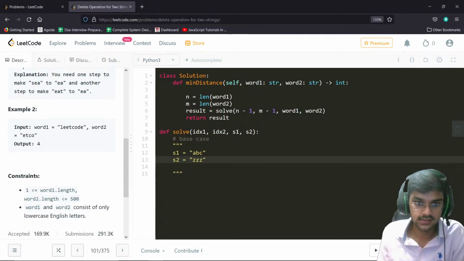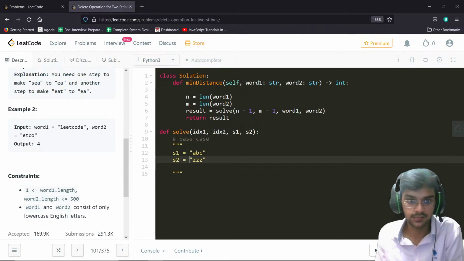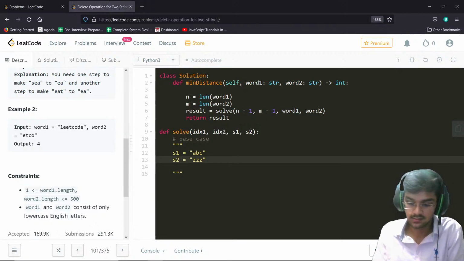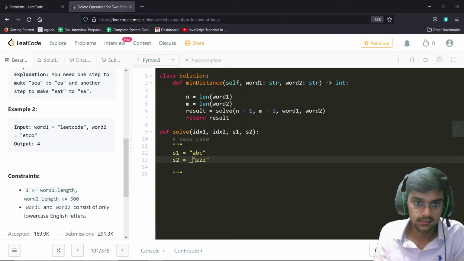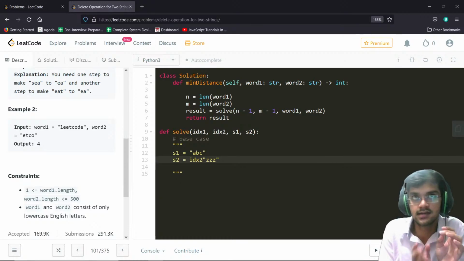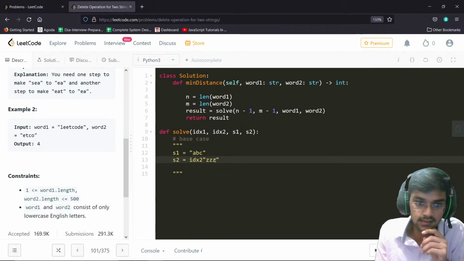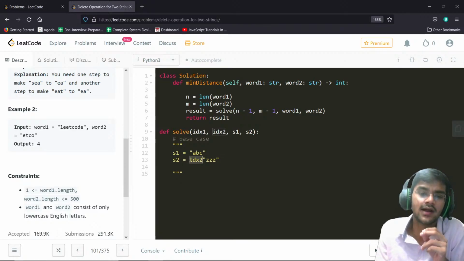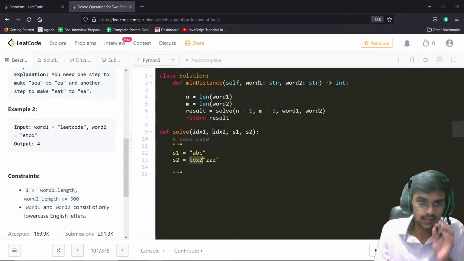I know, let's say my jth index comes up here, right? My jth index comes up here, right? It's at this point. My jth index or my idx2 comes up here, which means it's at 0 or it's less than 0, right? This is the second index, first index, 0th index, and this is minus 1th index. So I know if idx2 is less than 0,